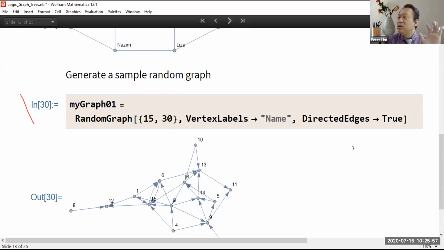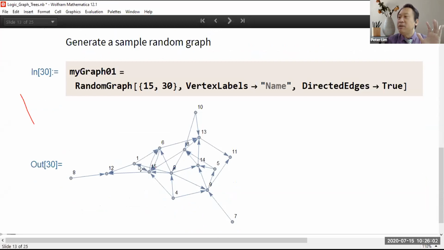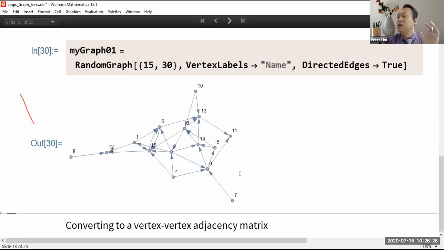Now, I want the system to randomly generate this with direction. So in this case, you see some of the vertices have arrows pointing in and out, bidirectional. Some vertices have incoming arrows without outgoing. So it actually generates something random with 15 points and 30 edges. It also gives me vertex label names automatically, 1 all the way to 15, 15 vertices altogether. So now, if you say, hey Peter, this looks very nice, I can copy and paste inside my